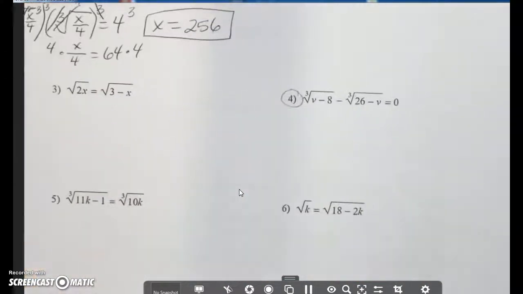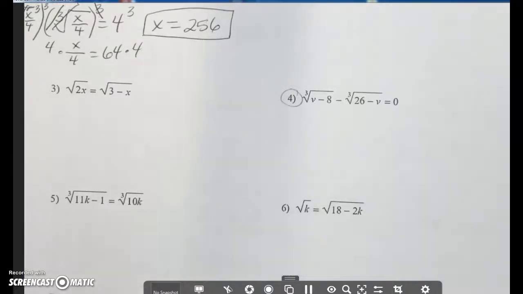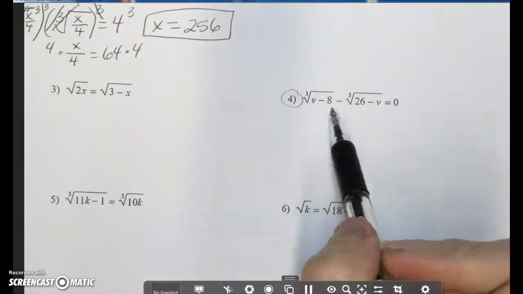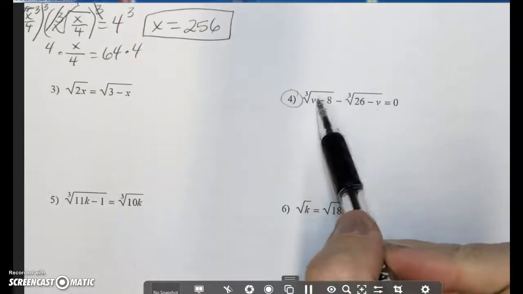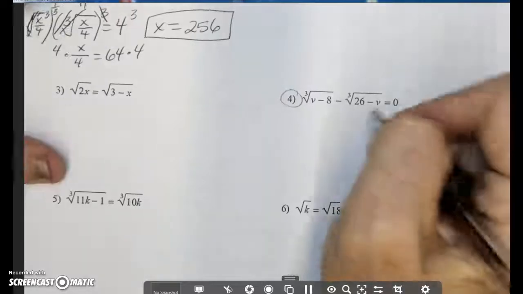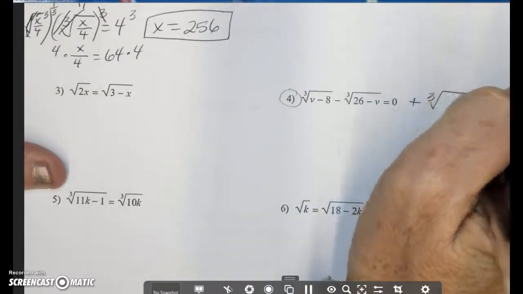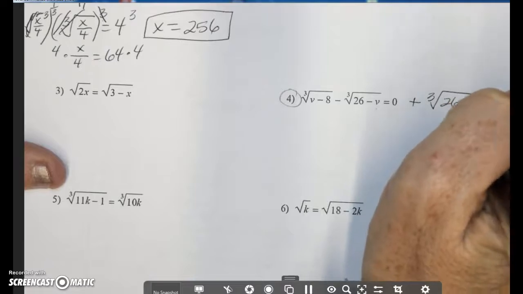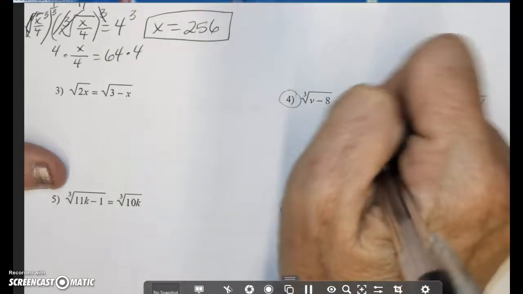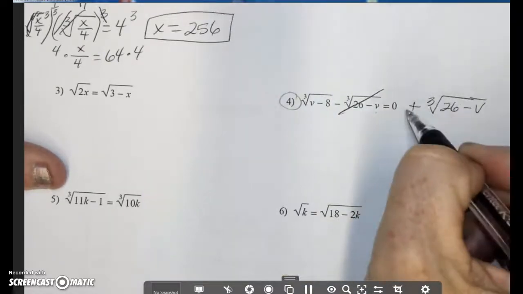Okay, down to number 4. You've got 2 cube roots set up here. But what I can actually do is move one of those to the other side. So I'm going to move the second one, because then I've got a positive going on. 26 minus v. That's gone from that side. Now that I have